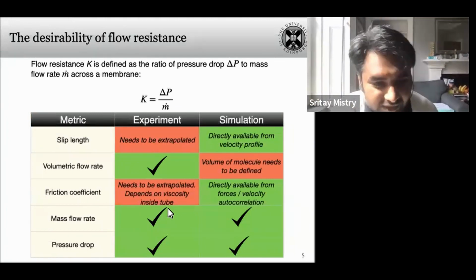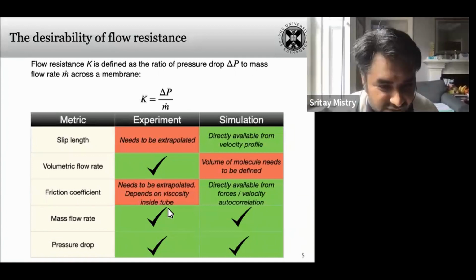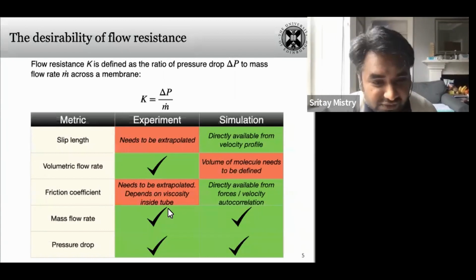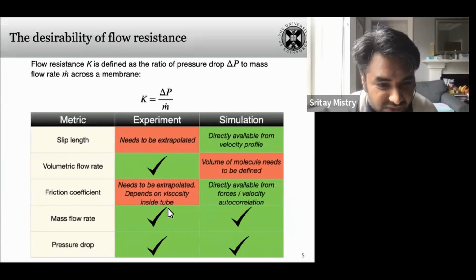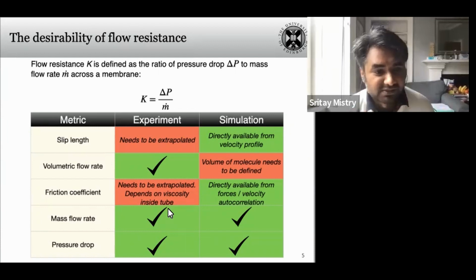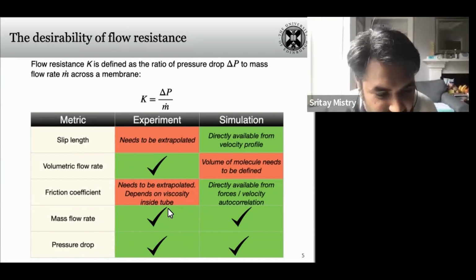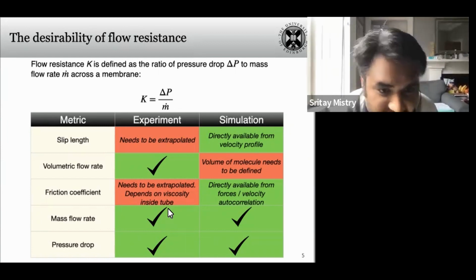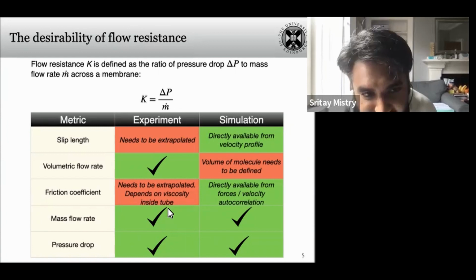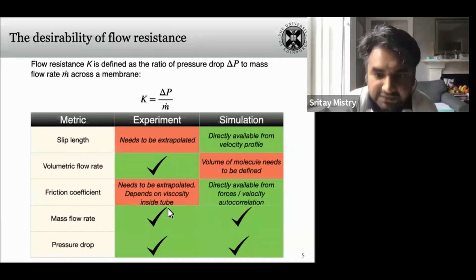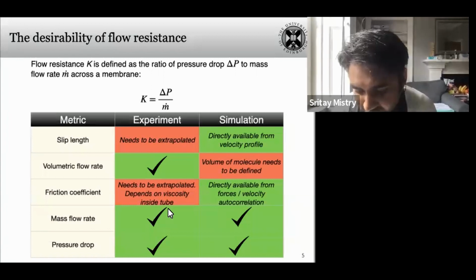So when we go with this, both the pressure drop and the mass flow rate are easily available from both experiments and simulations. With the mass flow rate, you don't need to worry about viscosity, density, all of that, which you need to know in order to calculate the other parameters like slip length, friction coefficient, and all of those. So we use the flow resistance, simply defined as pressure drop divided by the mass flow rate. Now that we have a measure,